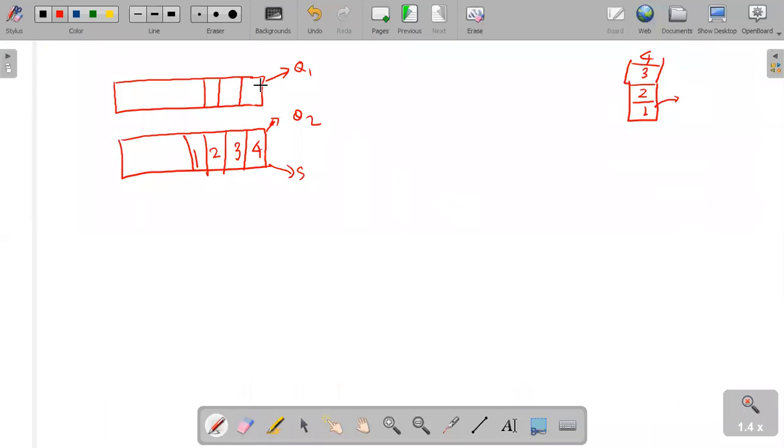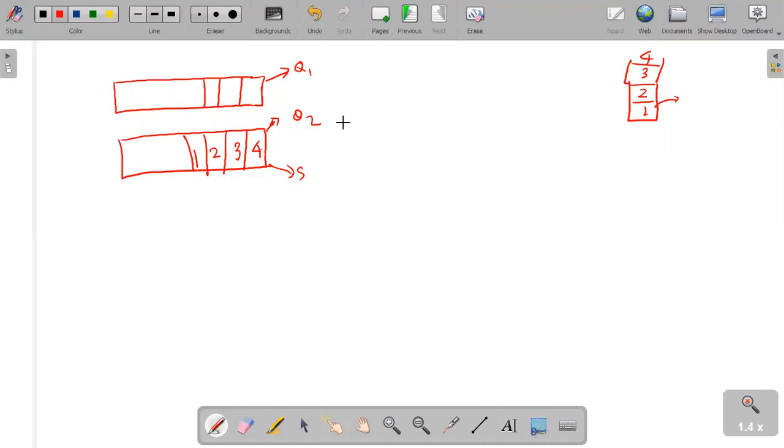Yes. So which queue is empty? Or you can use this third one as a main variable, like one variable, and you check it. If S is pointing to Q2, then add the new element to Q1 and then move all the elements from Q2 to Q1. So this is one case. And suppose S is pointing to Q1, then add the new element into Q2 and move all the elements from Q1 to Q2. You got it, right? Once we implement, we'll see.